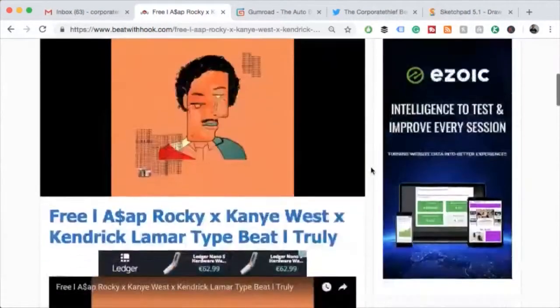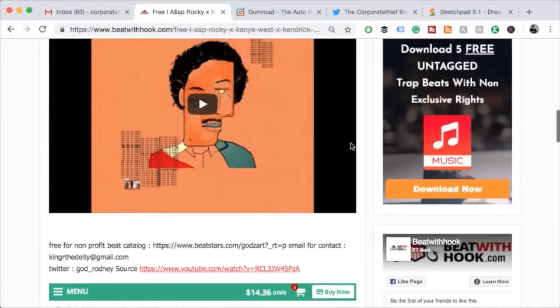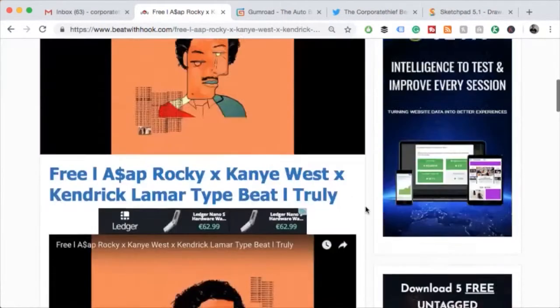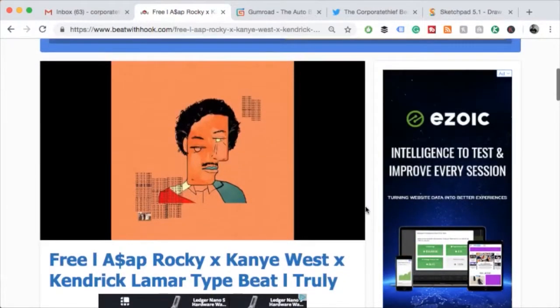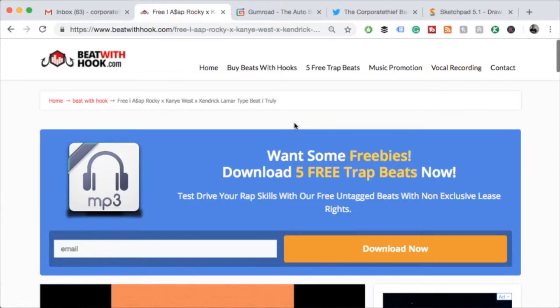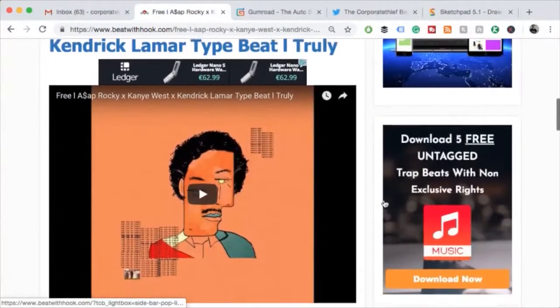You can just fire up the heading and the little link back to the player, and it's YouTube as well, so Google doesn't give a shit. They like this. This is called content curation. They don't care, and they won't penalize you. But I would suggest that you don't do this on your main website, because you never know what could happen later on. Find a new website, buy a new domain, or find a domain that's a little bit aged, and set this site up. I'm going to show you how to set it up step by step in a second.